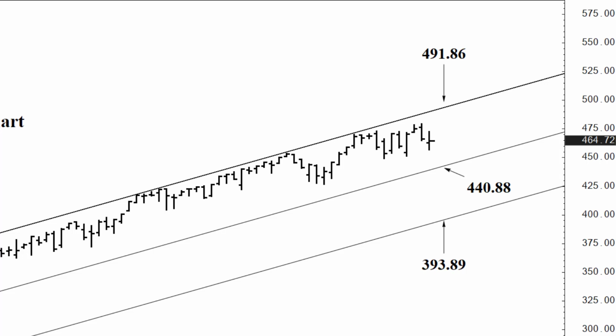That 491.86 long-term trend line is part of a range of resistance that's in the 492, 493 handle. And that area, if tested over the next few weeks, can contain buying through February, and from there we could fall back in the weeks to follow. It's also a significant upside continuation point into later in the year, and I'll obviously apprise you of those targets if we